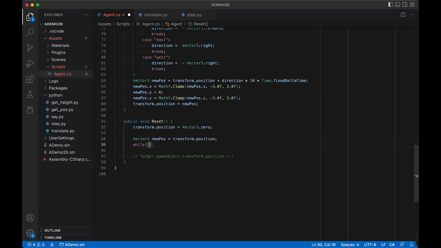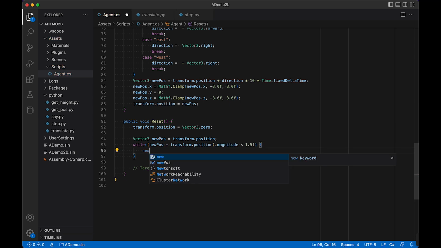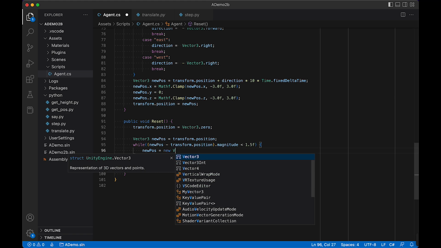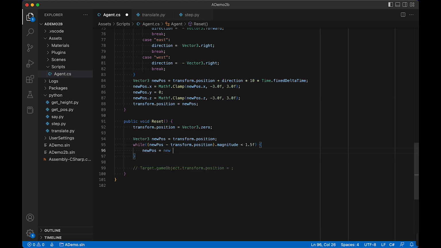And then we can do newPos minus our own position, and we can do dot magnitude. So then that's the distance between the agent and the target. And as long as it's less than, say, 1.5, then let's generate a new position. So to generate the new position, we can do new Vector3. And we're going to use